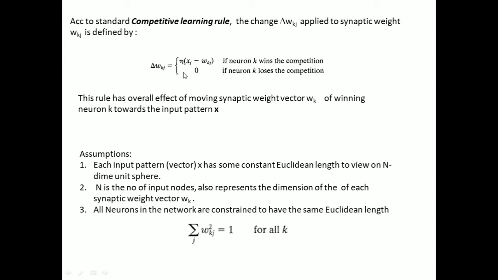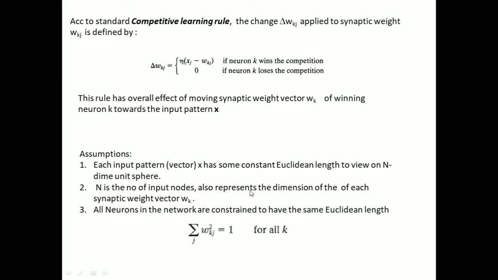Delta Wkj is equal to eta into (xj minus Wkj) if the neuron k wins the competition, and delta Wkj is equal to 0 if the neuron k loses the competition, where we already know that eta is the learning rate parameter. This rule has an overall effect of moving the synaptic weight vector Wk of the winning neuron k towards the input pattern x. Here we have some assumptions, that is, each input pattern x has some constant Euclidean